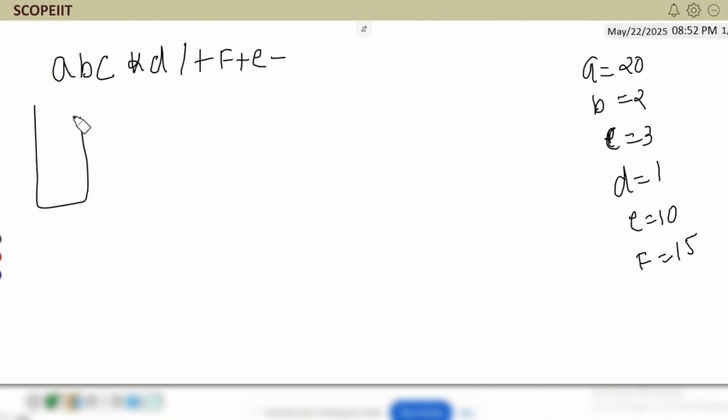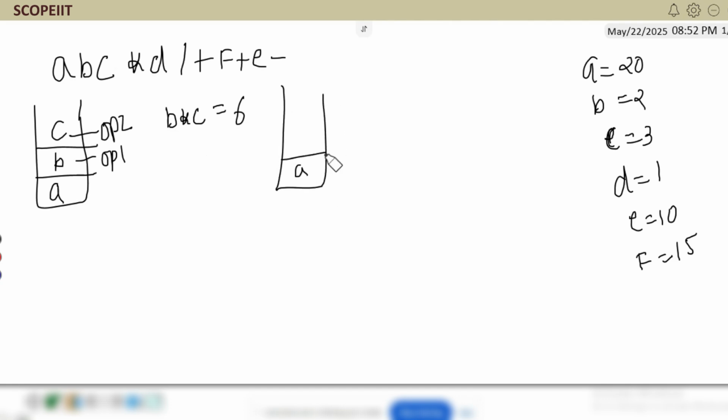So in my stack, initially it's a character, so push it into the stack. One more character, push it into the stack. One more character, push it into the stack. After that, the next is an operator. Operator means we will pop the last 2 elements. And it is a postfix, so the last one is your operand 2 and this one is your operand 1. It's a multiplication, so we'll do B multiplied by C. That is 3 times 2 is 6. So in my new stack, A is already there, and B and C we solved, so it will become 6.